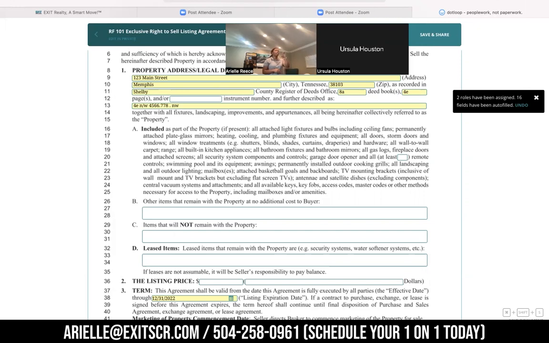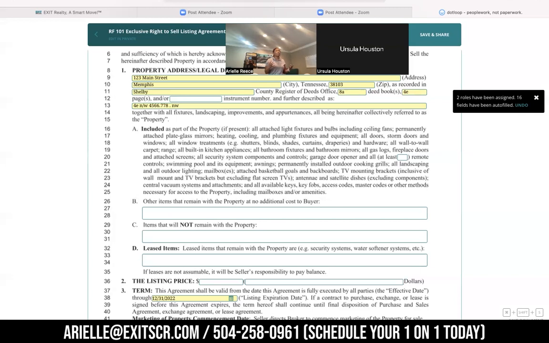All right, so we're letting you know basically everything. And the reason why, I'm sure y'all were like, oh man, this is kind of redundant, Dr. A. Well, you'd be surprised. If you're working on a deal, you can't automatically assume that the curtains or the blinds are going to be there, because possibly they may not be. And then section B goes on to say other items that remain with the property at no additional cost